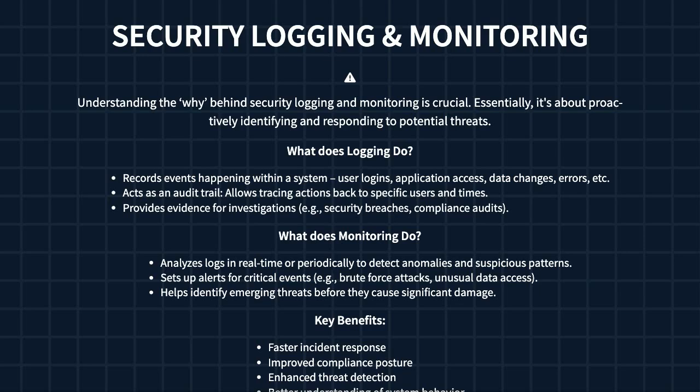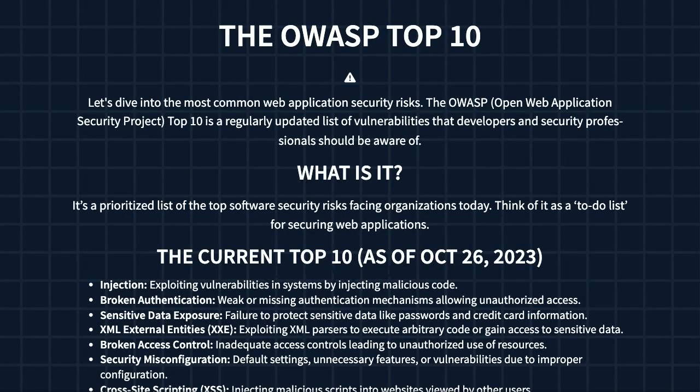potential threats. Okay, let's talk about the really important stuff: securing web applications. The OWASP Top 10 is a fantastic resource that breaks down the most common threats we see. It's basically a prioritized list of vulnerabilities developers need to know about, and it changes periodically to reflect new risks. Right now, there are 10 key areas to focus on: injection attacks, where malicious code gets injected into your system;